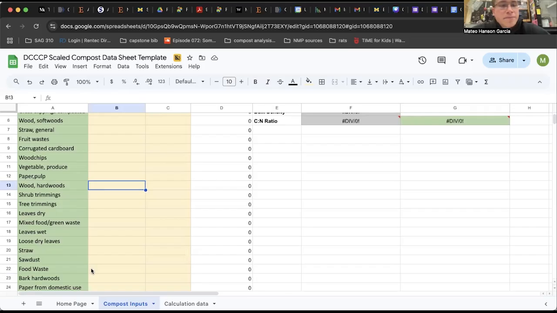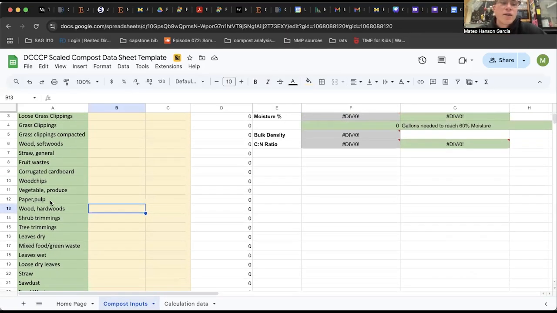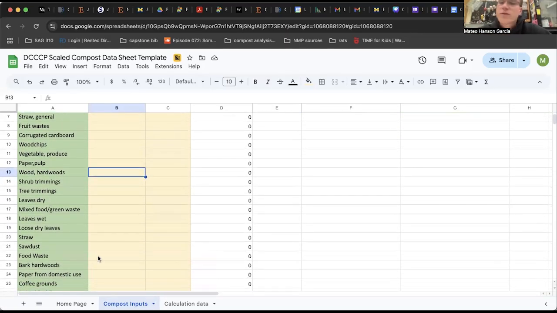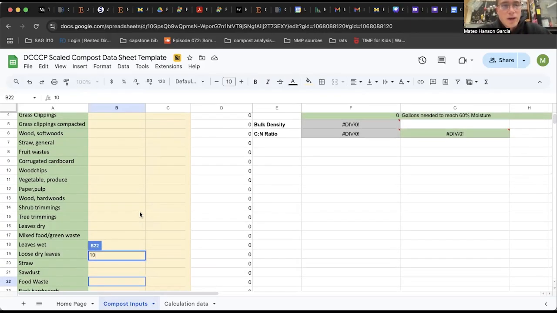And I would be more specific, for example, if you have a bunch of cantaloupes that just were unable to be sold or given away, and you're like, wow, this is a lot of specific fruit waste that we're adding. But for example, if you have community composters dropping off food waste, I would put it into the food waste category. And so let's just say 10 pounds of food waste